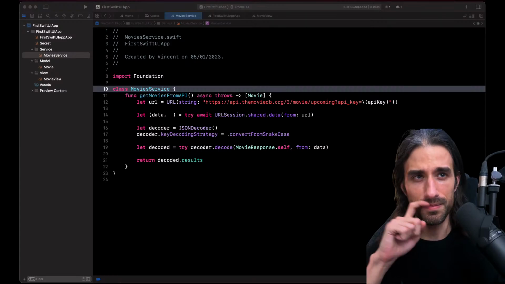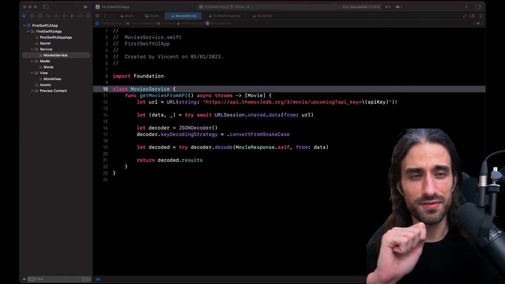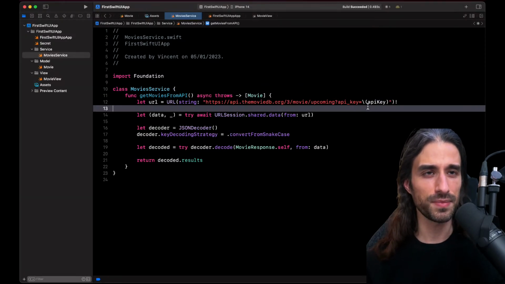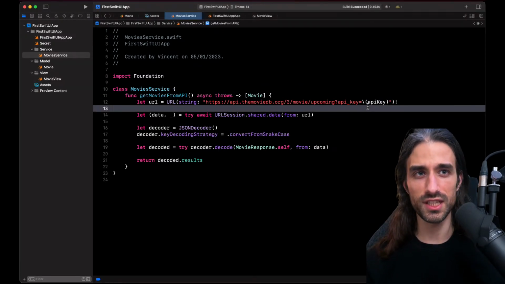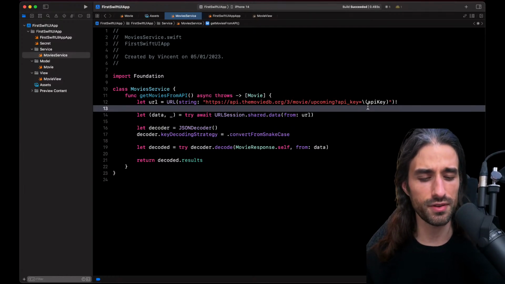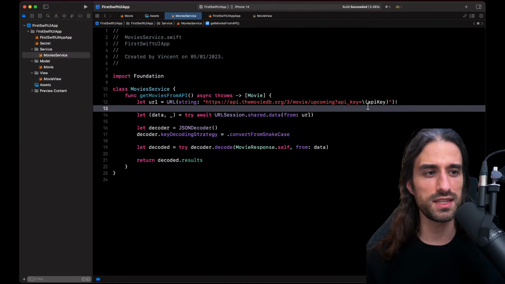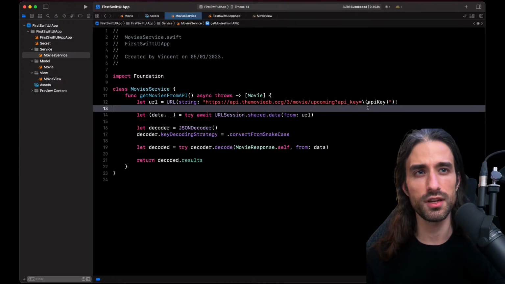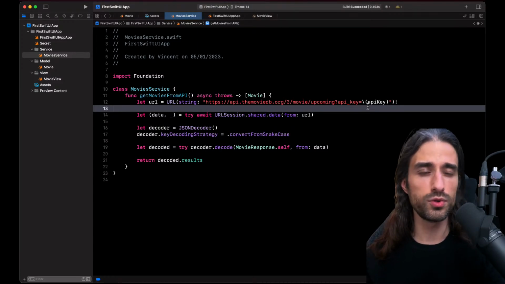Okay, that's a good point, but I think maybe we don't have the same understanding of what the API key is. The API key is not a session key, meaning it's not something with a lifetime that you need to renew when it expires. The API key is something that you put inside your app, and it's something that grants you access to an API. So an API key never expires, and the only reason why it wouldn't work is if your API key has been revoked, but then arguably your app doesn't work.